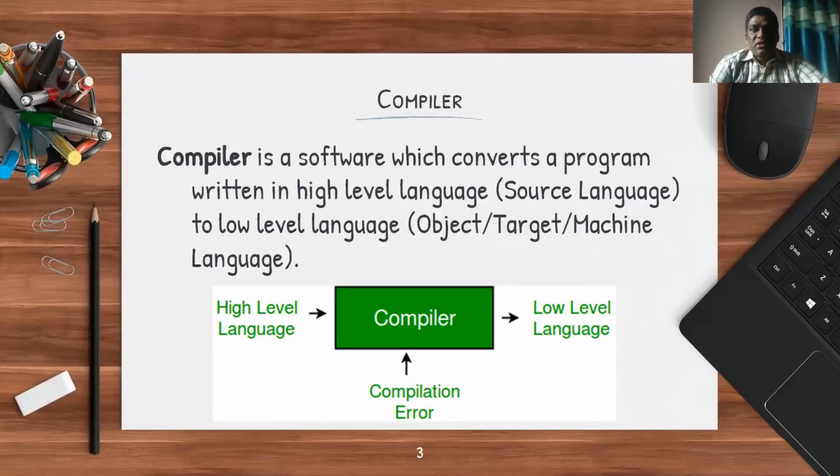So why we actually need this compiler is we write the programs in a high-level language, which is actually not understood by the computers. Therefore, we need a translator for converting our high-level language program into a machine understandable program. So we construct a compiler, or we use a compiler to convert this high-level program into a low-level program. So that is what a compiler is, right?